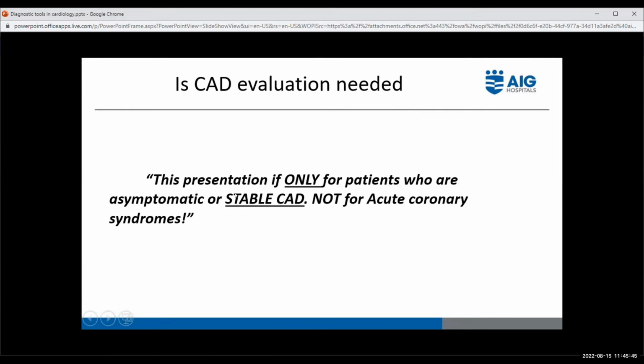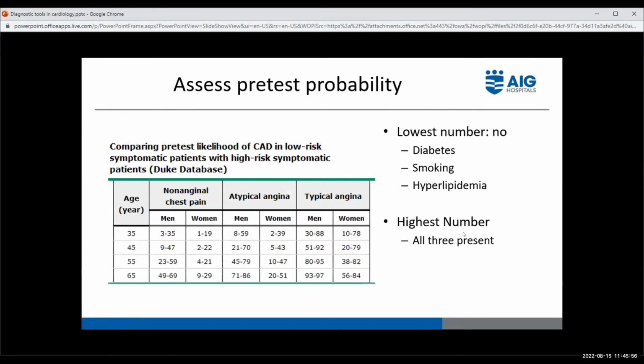So is CAD evaluation needed? This presentation is only for patients who are asymptomatic or have stable CAD, not for an ACS. Please note this. For every patient who is going for a non-invasive stress test, we need to determine the pretest probability,